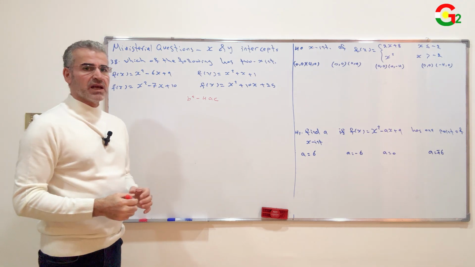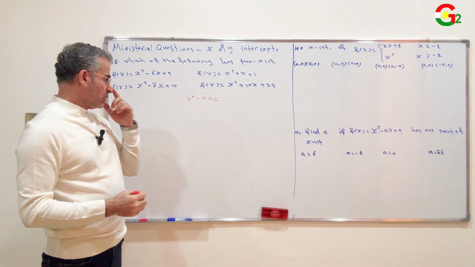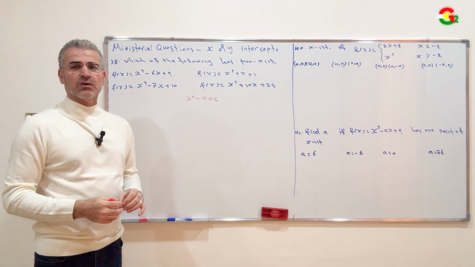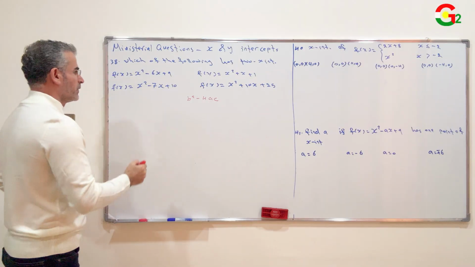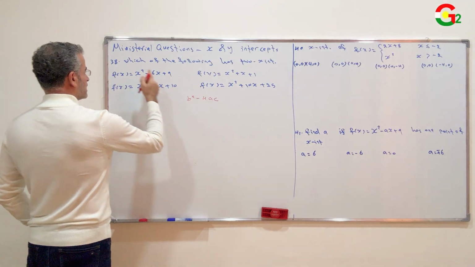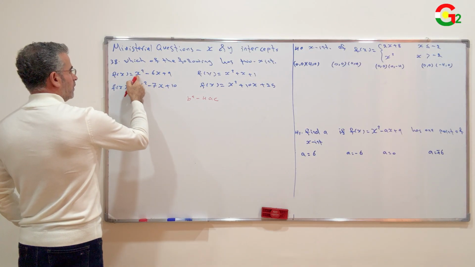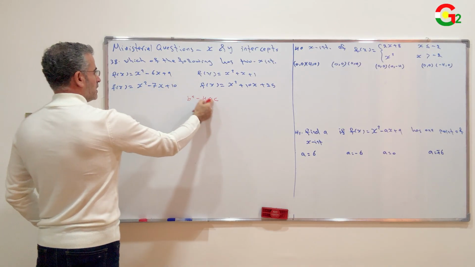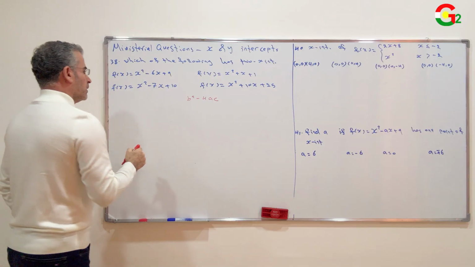If it is less than 0, then there is no root. If it is equal to 0, then the function has 1 root. B is the coefficient of x, a is the coefficient of x squared, and c is the constant number